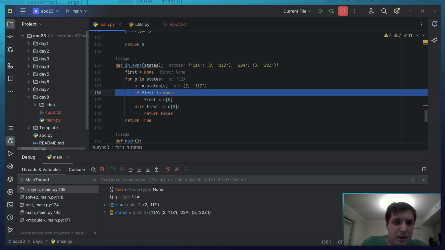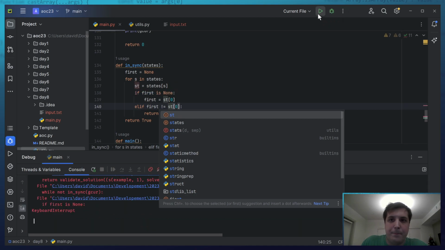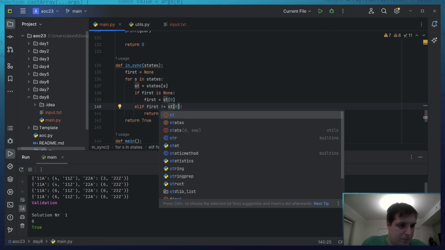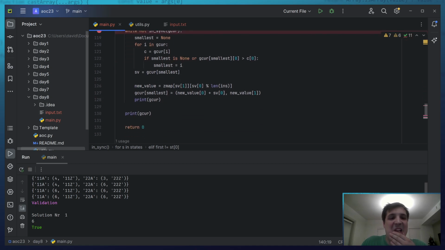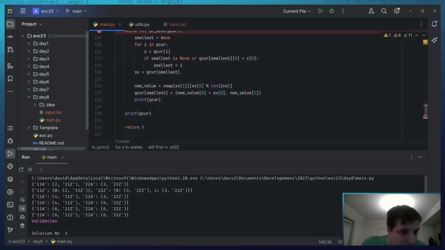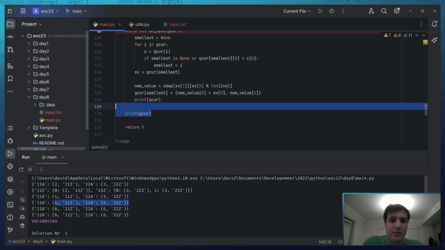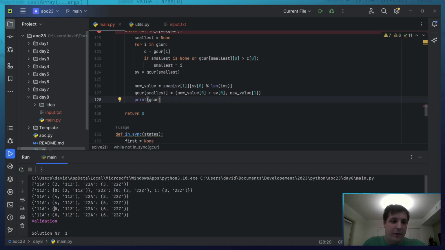Okay, ST is this. Okay. This looks good. Now, since we broke, that means any of them will return a solution. So I just want to take any of them. How do I just address any of them?